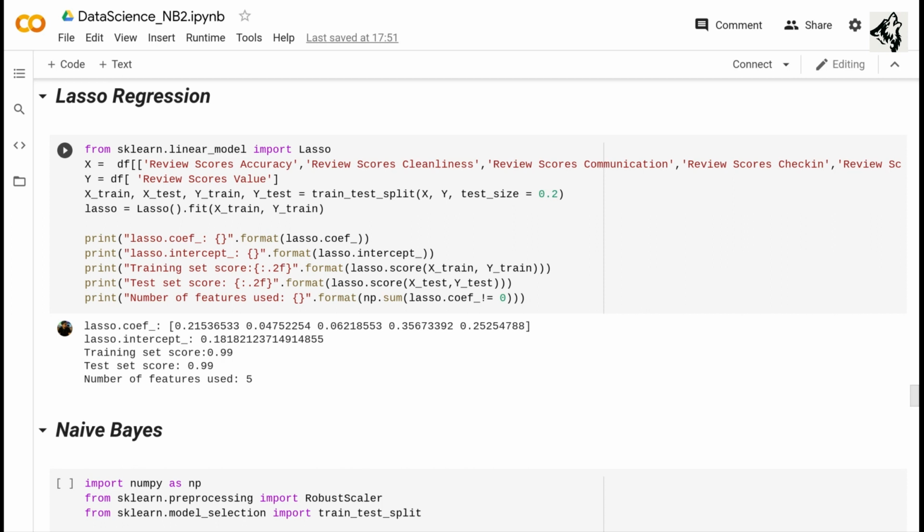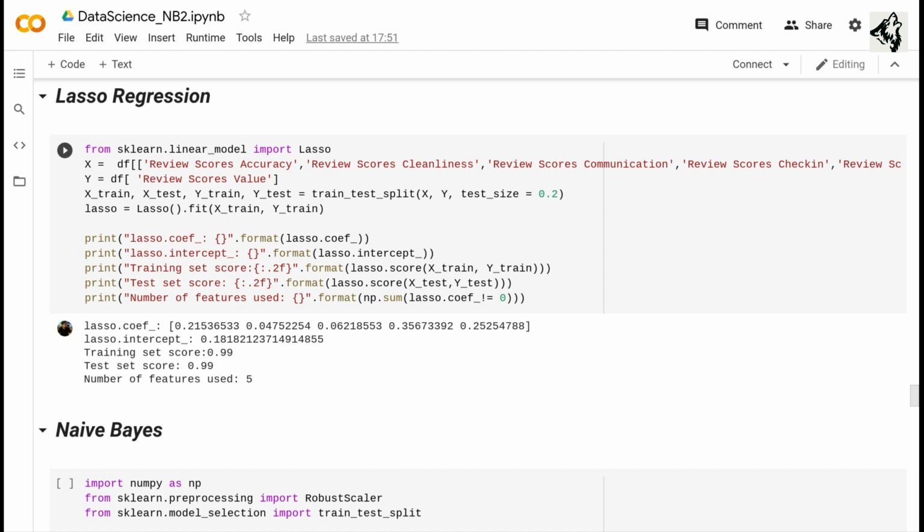We have taken review scores accuracy, review scores communication, review scores cleanliness, review scores check-in, and review scores location. As I mentioned earlier, all these are the factors which allow us to predict the review score value.